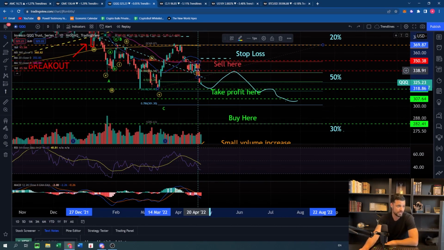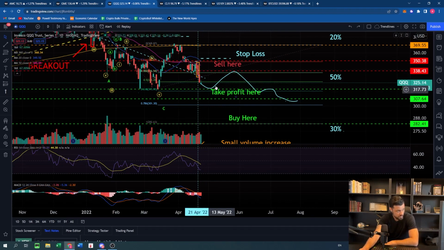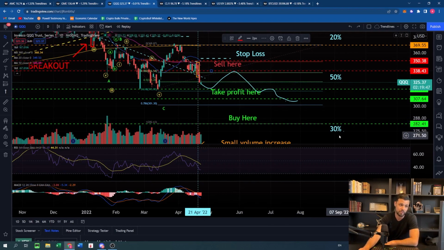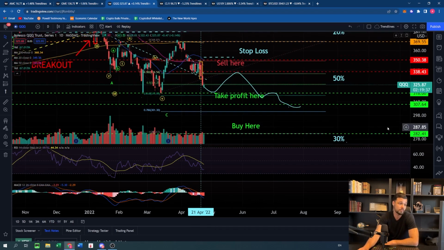So basically just after I got stopped at 339.5, I told you guys, I posted this in my Discord, that we are likely to drop. I posted an alert with a level to sell at 338.5. I think I posted 338. We didn't reach that level, so unfortunately this trade didn't work. I mean, we didn't lose money, but we didn't make money either.